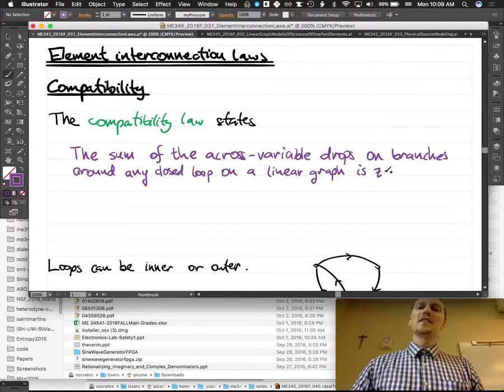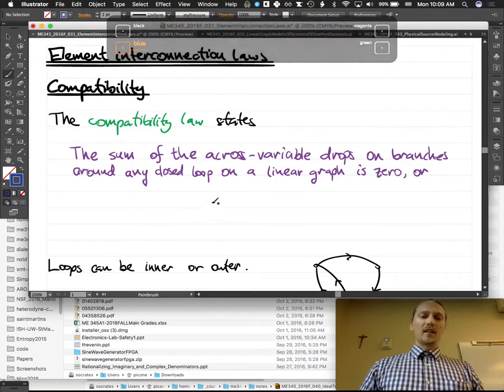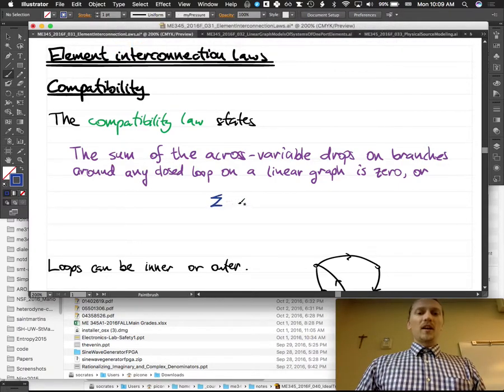I'm just going to say is zero. Hope you guys are tracking with that. Or, if we were to write this as an equation, it would be that the sum from I equals 1